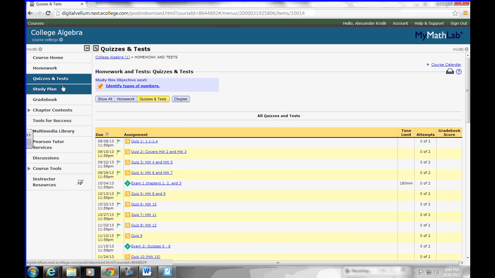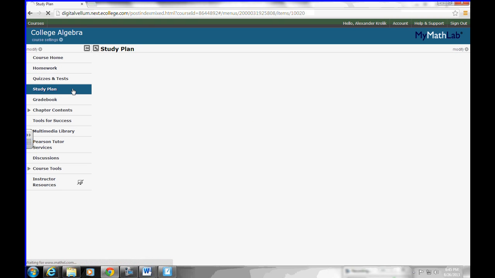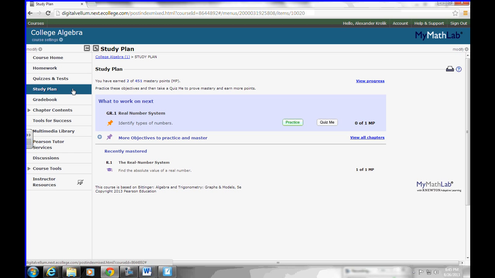Now, another cool little thing, study plan. After you work on these assignments and you keep making similar mistakes, this thing starts noticing the areas that you need improvement on, and it will create a personalized study plan for you. Since I was goofing around with this thing earlier,